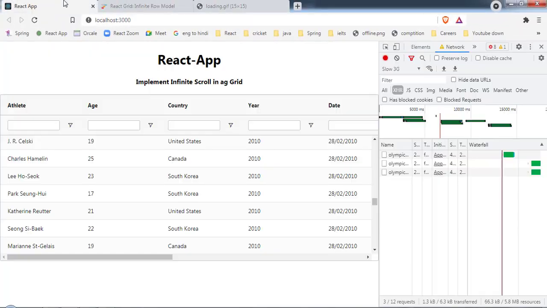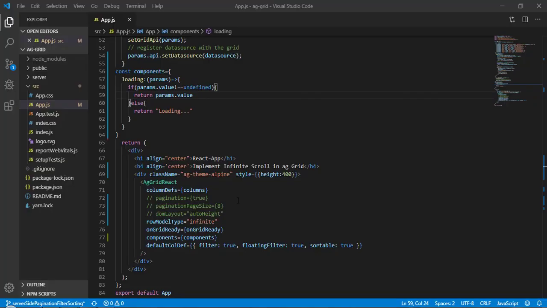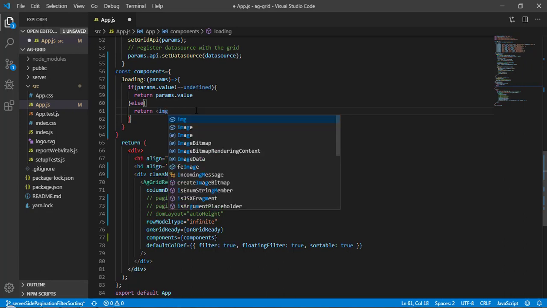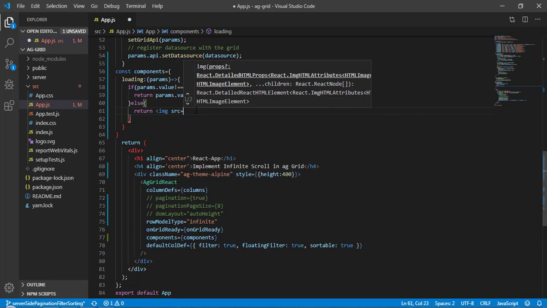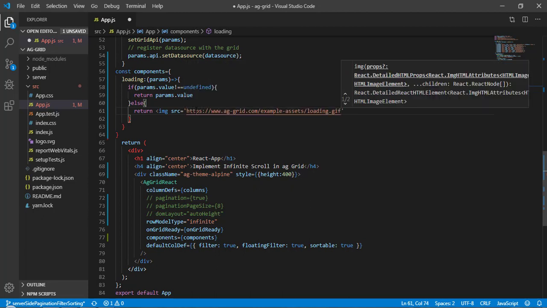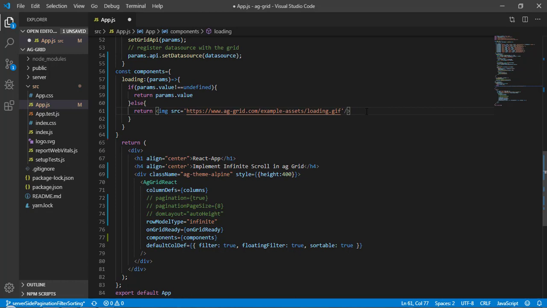So now what I will do is, instead of returning this loading text, I will return an image. And here I will pass this as a src, and now let's close this one. Let's wrap this image in double quotes and return it as a string here.